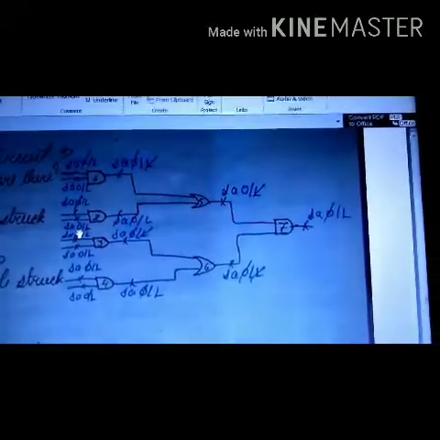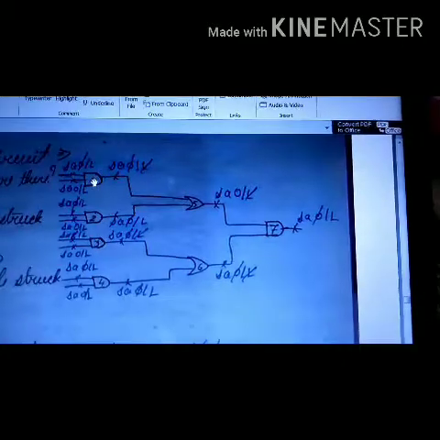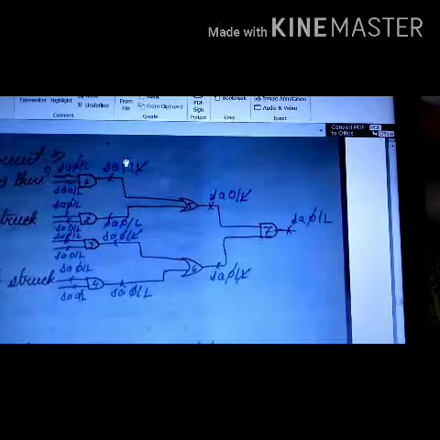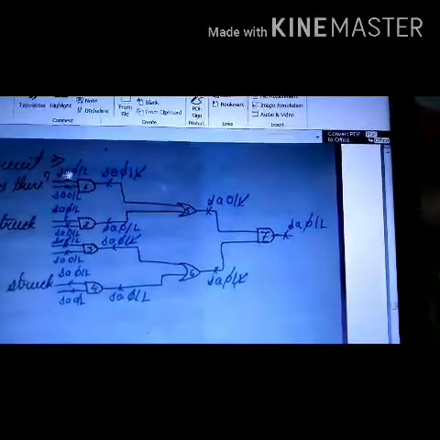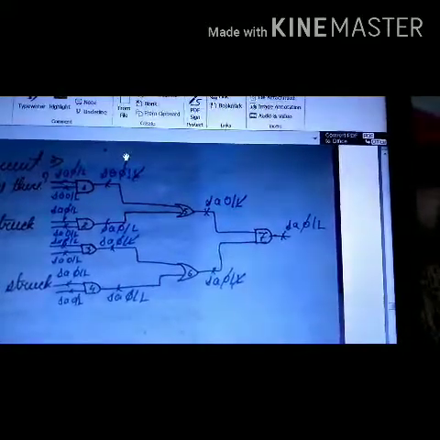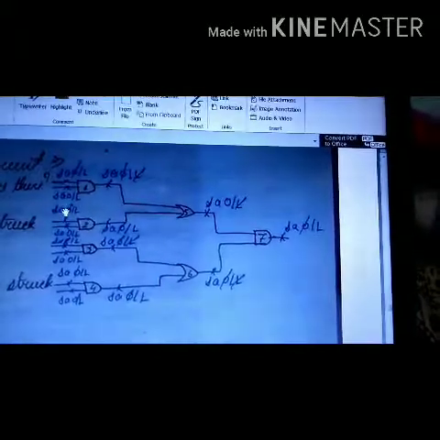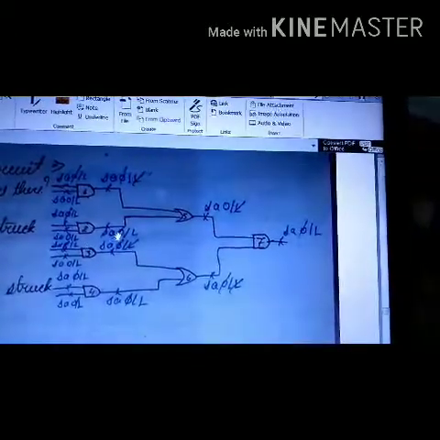So let us see in this particular circuit how many faults are getting cancelled. So stuck at 0 fault at the input of this AND gate is cancelled by stuck at 0 fault at the output of the AND gate. So input stuck at 0 is cancelled by output stuck at 0. I have just marked with a line that this is cut and this is cut. Similarly, for this AND gate, stuck at 0 at input is getting cancelled by stuck at 0 at output.